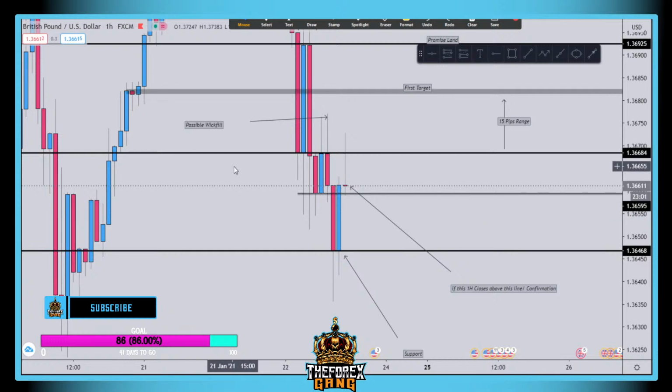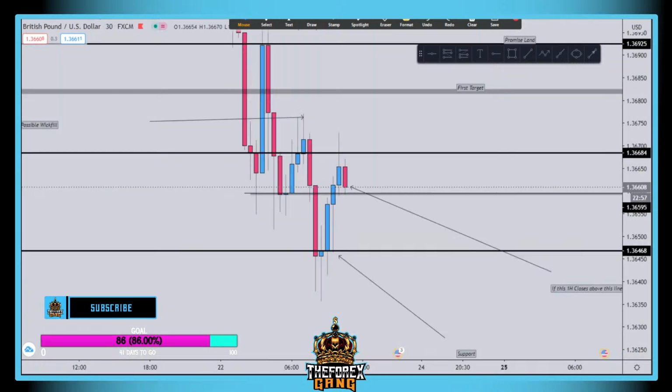So if it has to go up, it needs to close above 36.71 area. It has tapped there twice, 36.720 area, it has tapped so many times, but closed below it. The last time it dropped there was at 4:30 in the morning. After that, it has tapped that area at 6 o'clock, 6:30, 7 o'clock, 7:30, and even now. I think maybe it's about to fall.